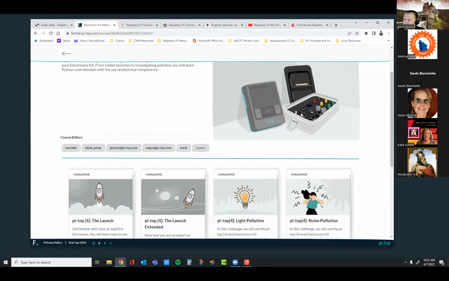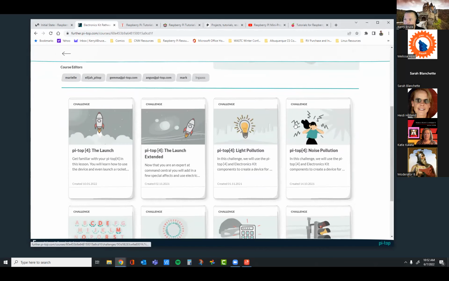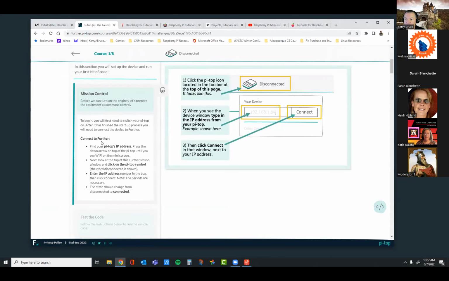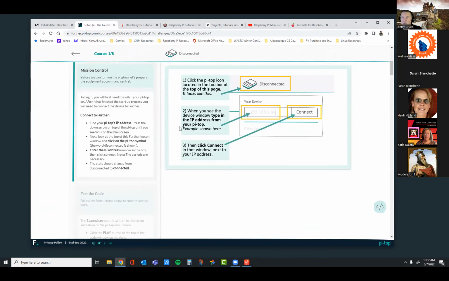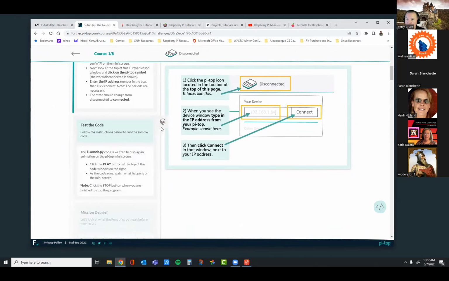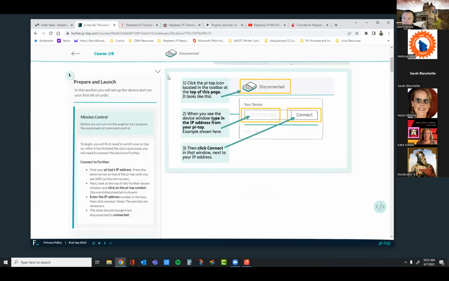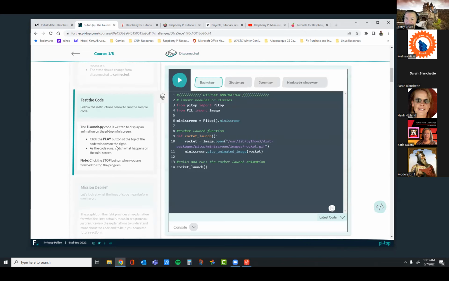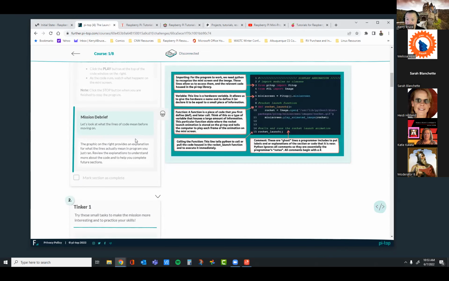They have an electronics kit that comes with the Pi Top, and you plug in this base plate, and they have these really cool tutorials that you go through. You connect the Raspberry Pi to the network, and it'll display the IP address. Then you connect your Raspberry Pi across the network and do this lab on it. You're testing code, sending code, and connecting up things.